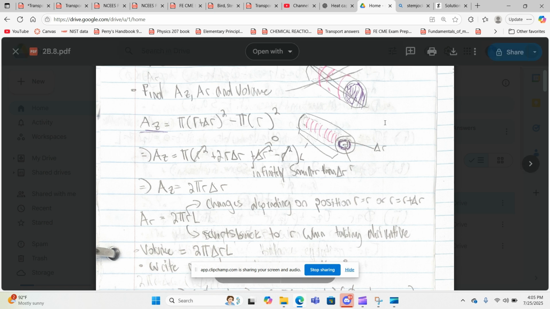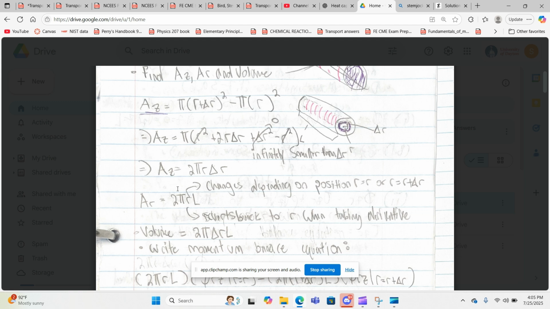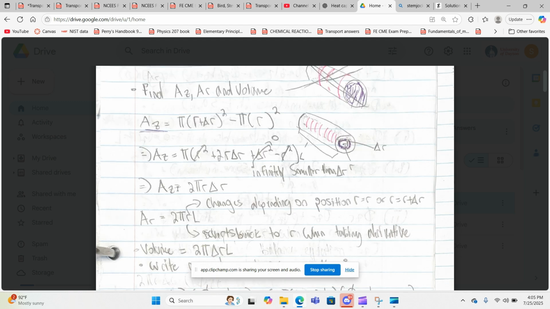Obviously from this picture, it doesn't look infinitely small, but when you're doing integration, it's iterative over an infinitely small value. That's the basis of integration and derivatives. If you multiply an infinitely small value by itself, it's still infinitely small, so we can just cancel that out and say it's 0. So we get our AZ is 2 pi r delta r. And our face that